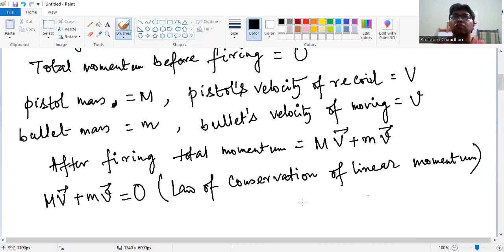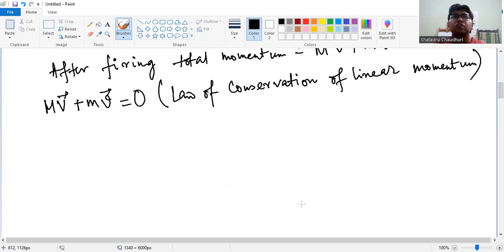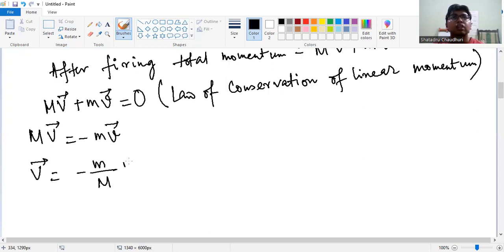So from this we get MV equals to minus mv, और velocity of recoil अगर मुझे निकालना है तो that will be V equals minus small m by capital M into v. So this is the velocity of recoil